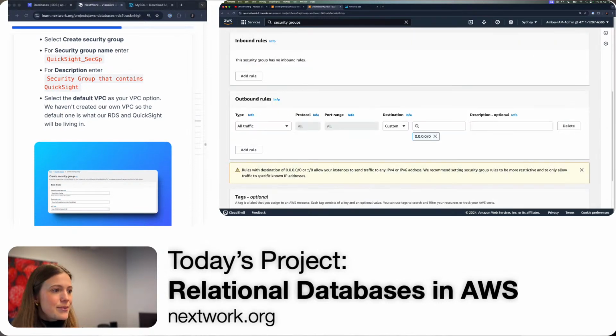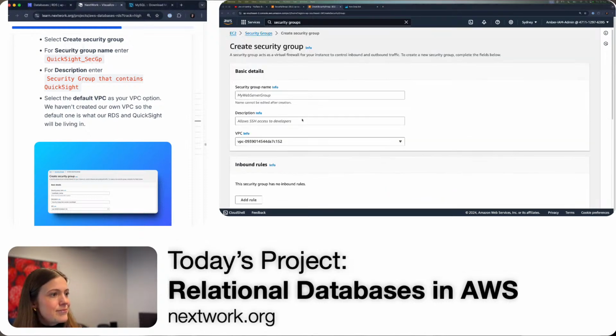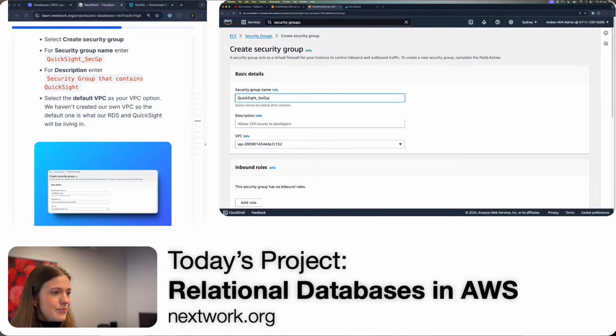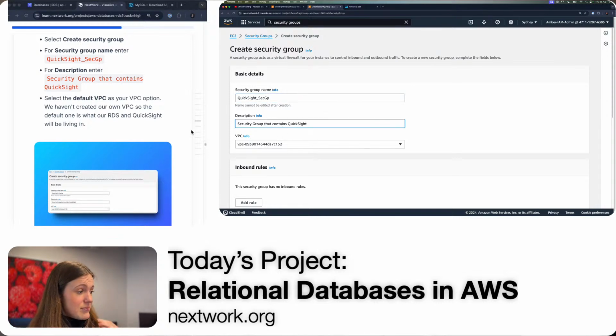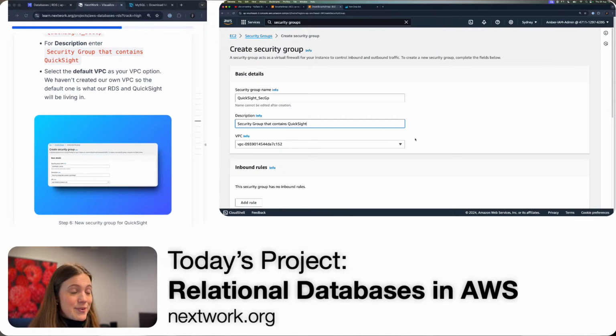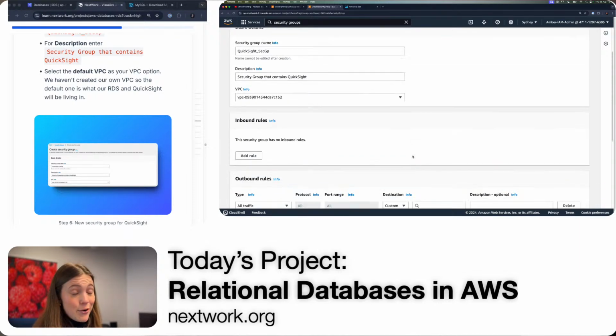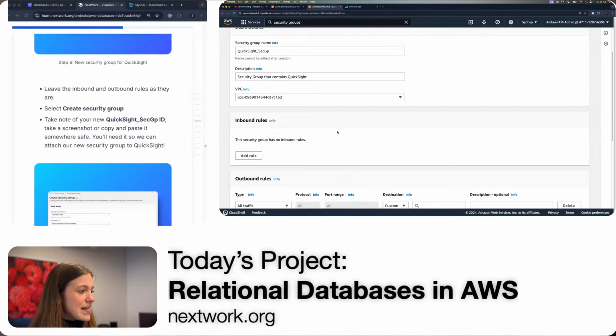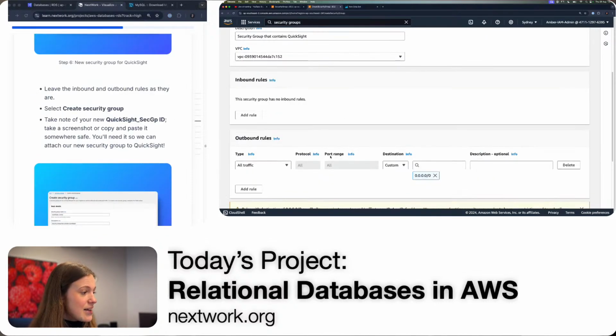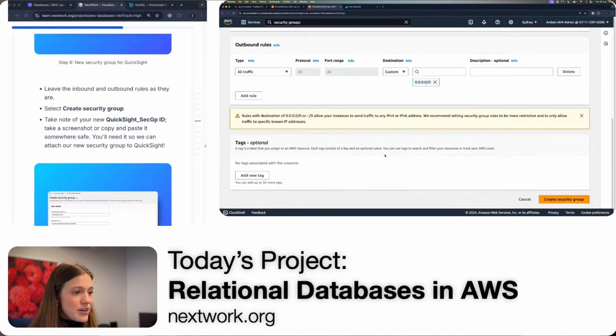Create security group. For security group name, enter this one. For description, enter this one. Security group that contains QuickSight. That seems legit. For the default VPC, we're just going to use our usual default one. We're not going to create our own one today, although if you wanted to, you totally could. That's totally fine. We're going to leave the inbound and outbound rules as they are, but we want to make sure that when we click create,